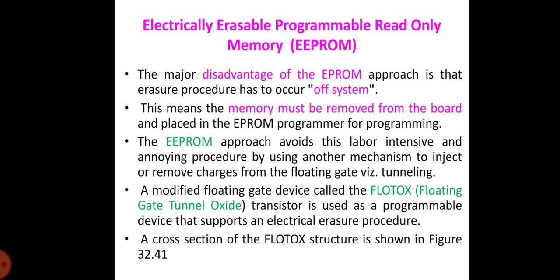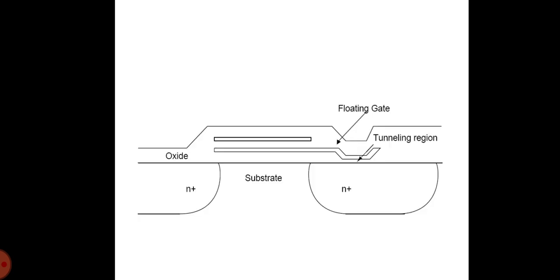Removing too much charge from the floating gate results in a depletion device that cannot be turned off by the standard word lines. And you can notice that the resulting threshold voltage depends on the initial charge on the gate as well as the applied programming voltage. And this is how a FLOTOX transistor looks like. To remedy this problem, an extra transistor has to be connected in series with the floating gate transistor, and this transistor acts as an access device during the read operation, while the FLOTOX transistor performs the storage function.